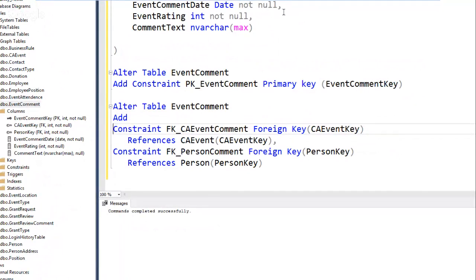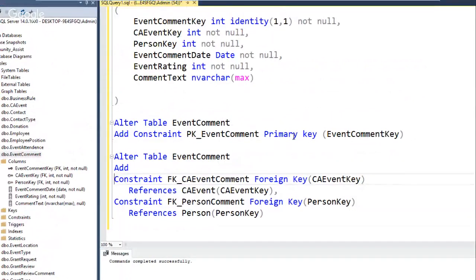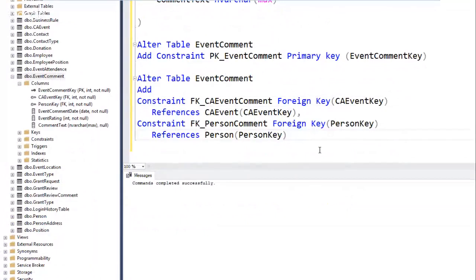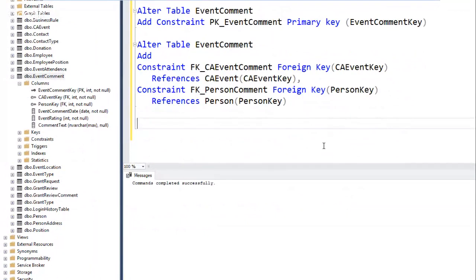All right, so I'm going to add a couple of other things. So we've added the foreign keys. Let's see if we can do a default on the date. And then I may do a couple of other things that aren't part of that, but